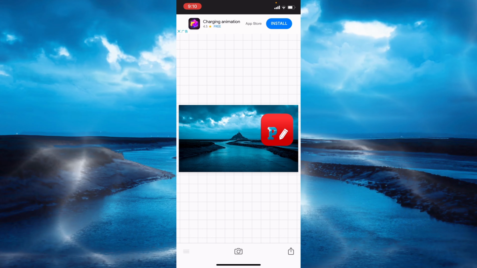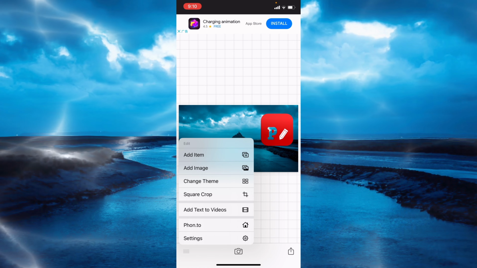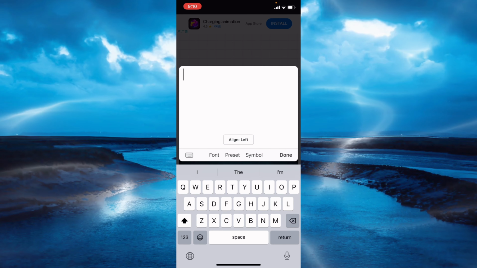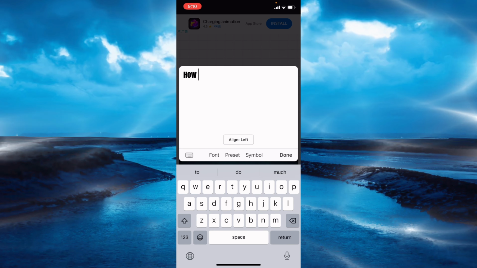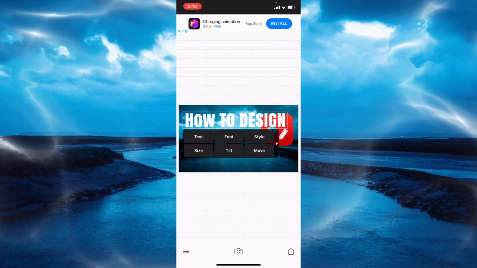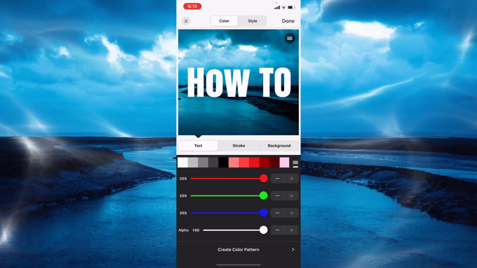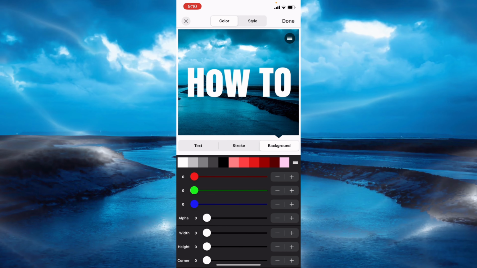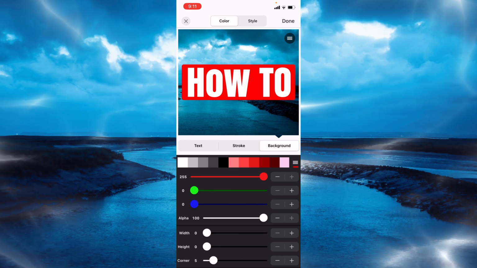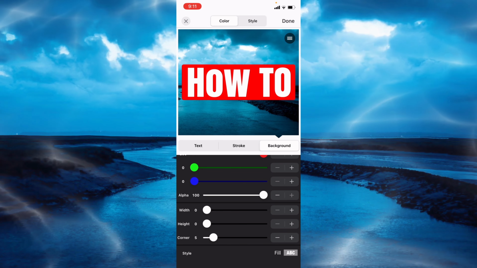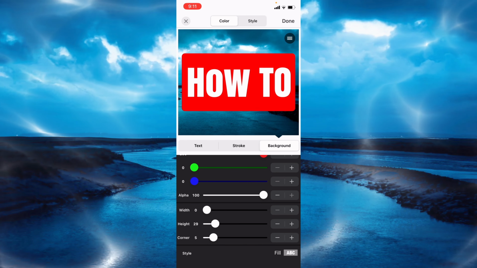And now I need to write text here. It's a very simple and nice tool. So click anywhere and just type how to design. Okay, I just leave it here. How to design is already nice, and here I can go to background and give it a background. I'm going to take a red background,